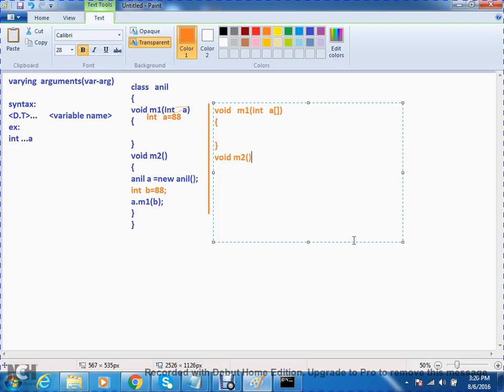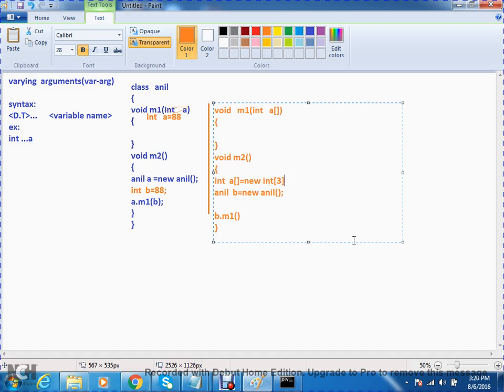Now, void m2. We want to call the m1 method. How? Create Anil b equals new Anil, then b.m1, but I want to pass an array here. Let us see how to create an array: int a array equals new int array.